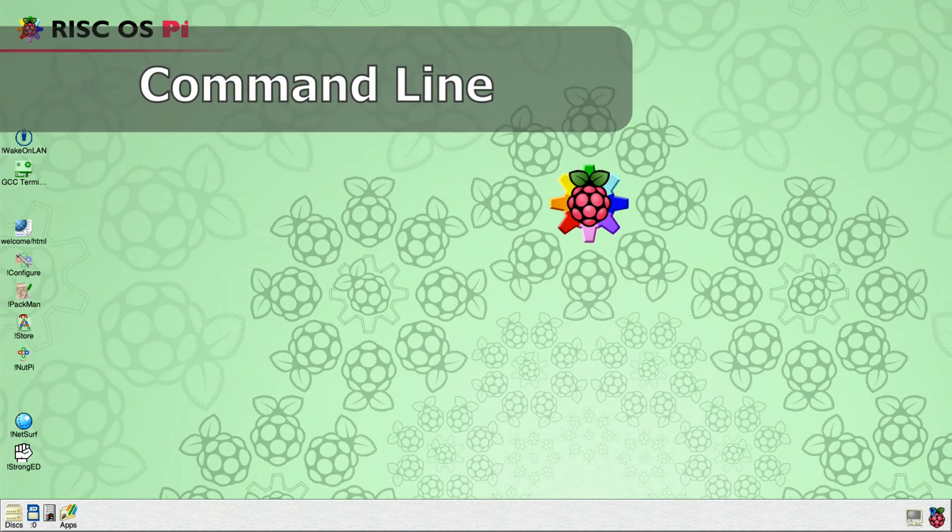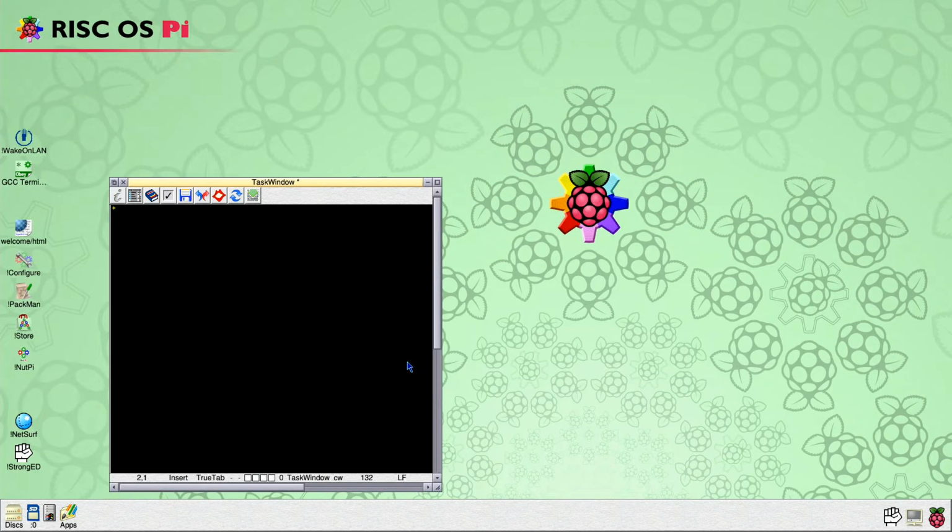Now let us demonstrate using the command line to perform the same task. Like most RISC-OS utilities, this assumes that Wake on LAN has already been seen by the filer. Open a task window and then type the following: Wake on LAN -m space, followed by the MAC address of the remote device, which is not case sensitive, then another space followed by -b space and our broadcast address, in this case 192.168.1.255. As before, we are showing the video output of the remote device.